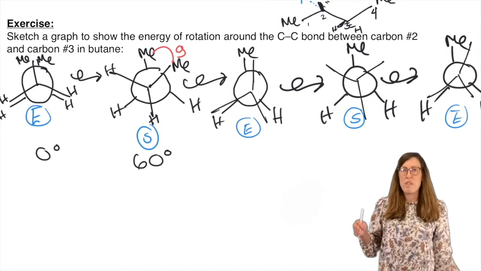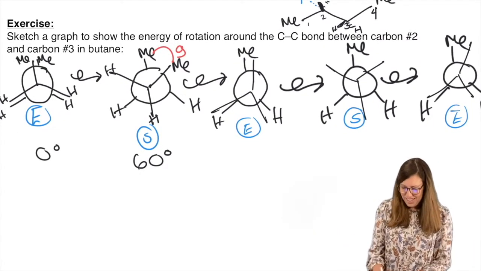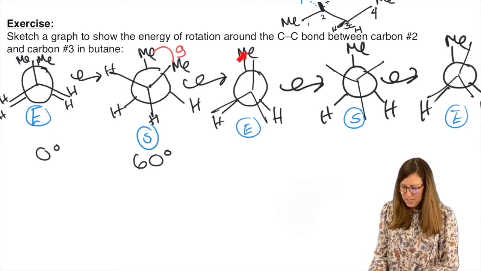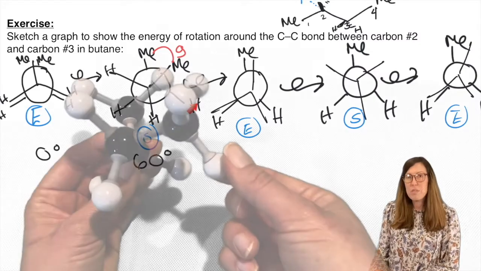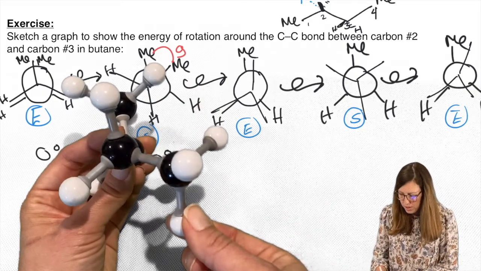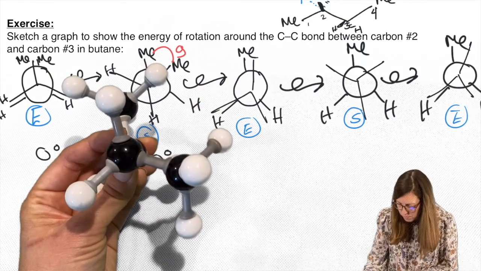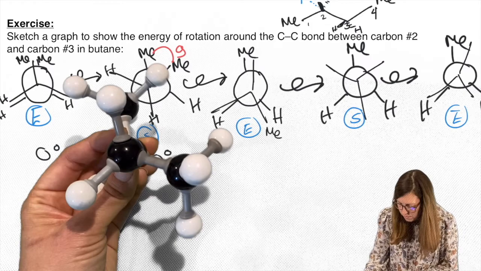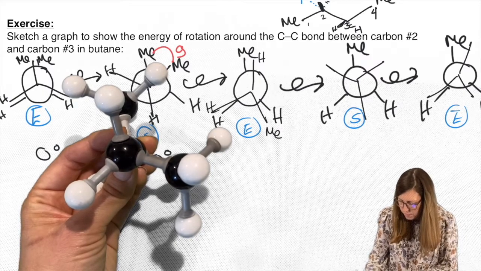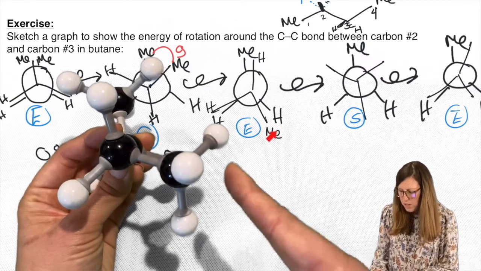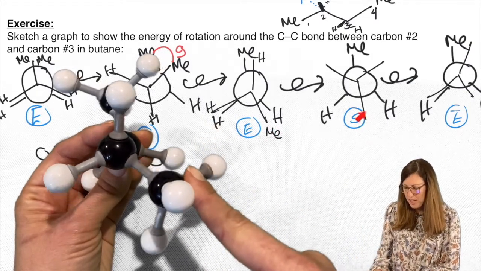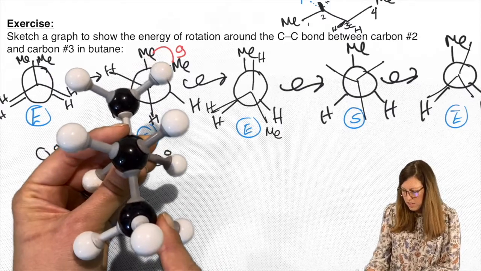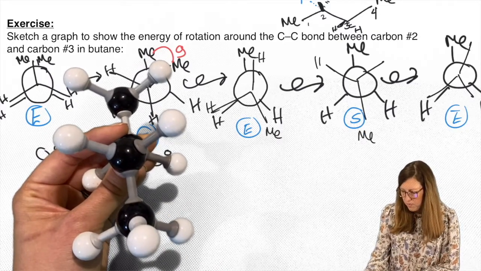Now you stop and your brain has to work. Say, okay, I kept the back fixed. My methyl used to be here. I'm going clockwise. Now it's going to be eclipsed with that H. So I go down another 60 degrees. Okay, so now my methyl's here. I'm going to go 60 degrees again. It's going to be right here. Opposite, it's going to be staggered. And so now there's my methyl. So the rest are H's.